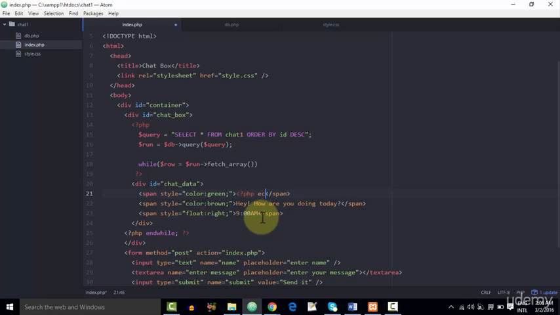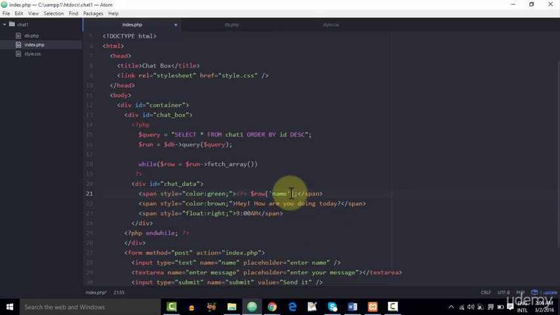So the short form for echoing out, or the shortcut for echoing out from the database is less than sign, question mark, and then an equal to. So we'll echo out row and then pass in the name, because this span tag is for the name, and then after the name we'll